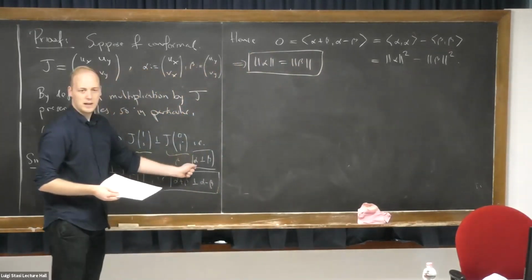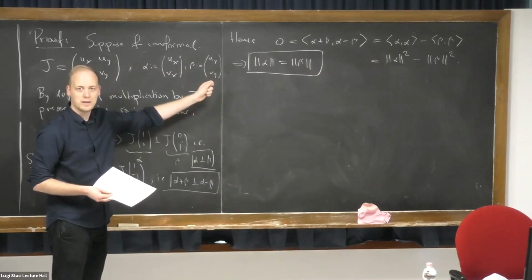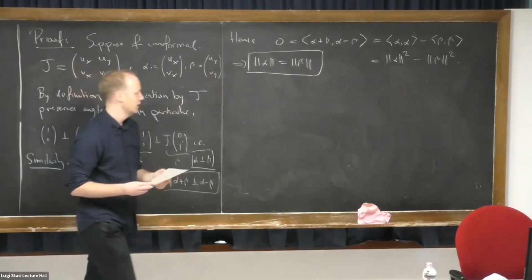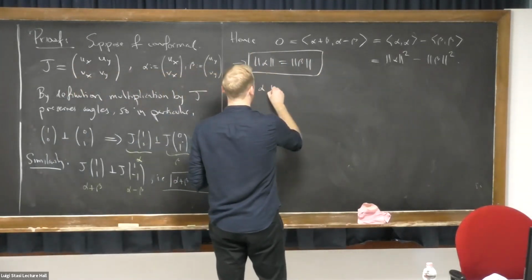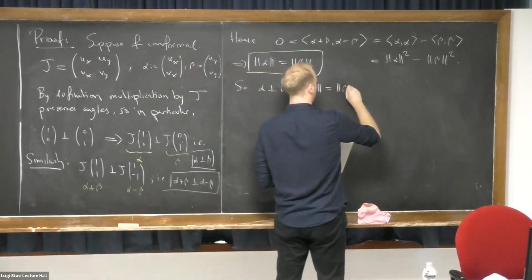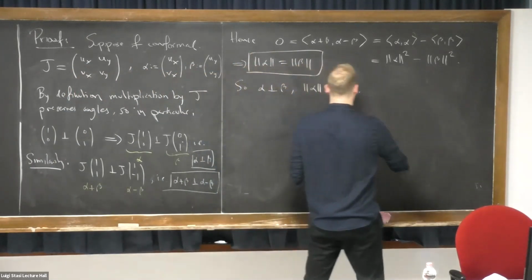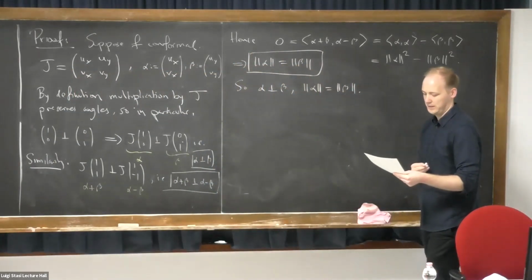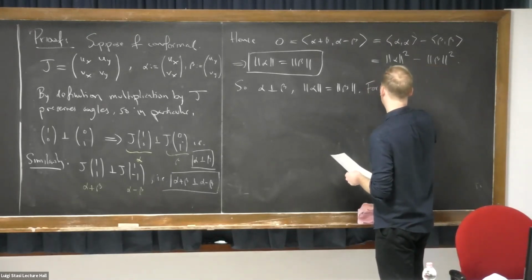Okay, so in the end, we know that alpha is orthogonal to beta, and also we have the same norm. So to summarize, alpha is orthogonal to beta, and the norm of alpha is equal to the norm of beta. And now we have to think about what this means for vectors in R2. So since these are vectors in R2,